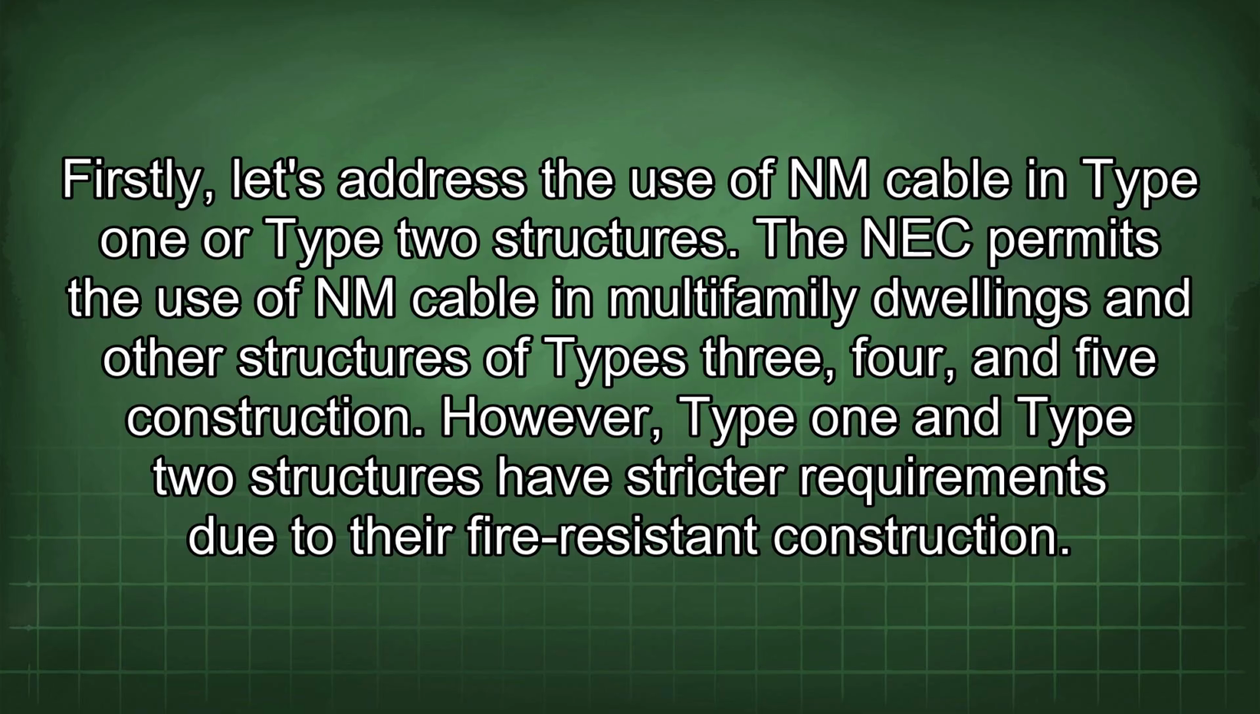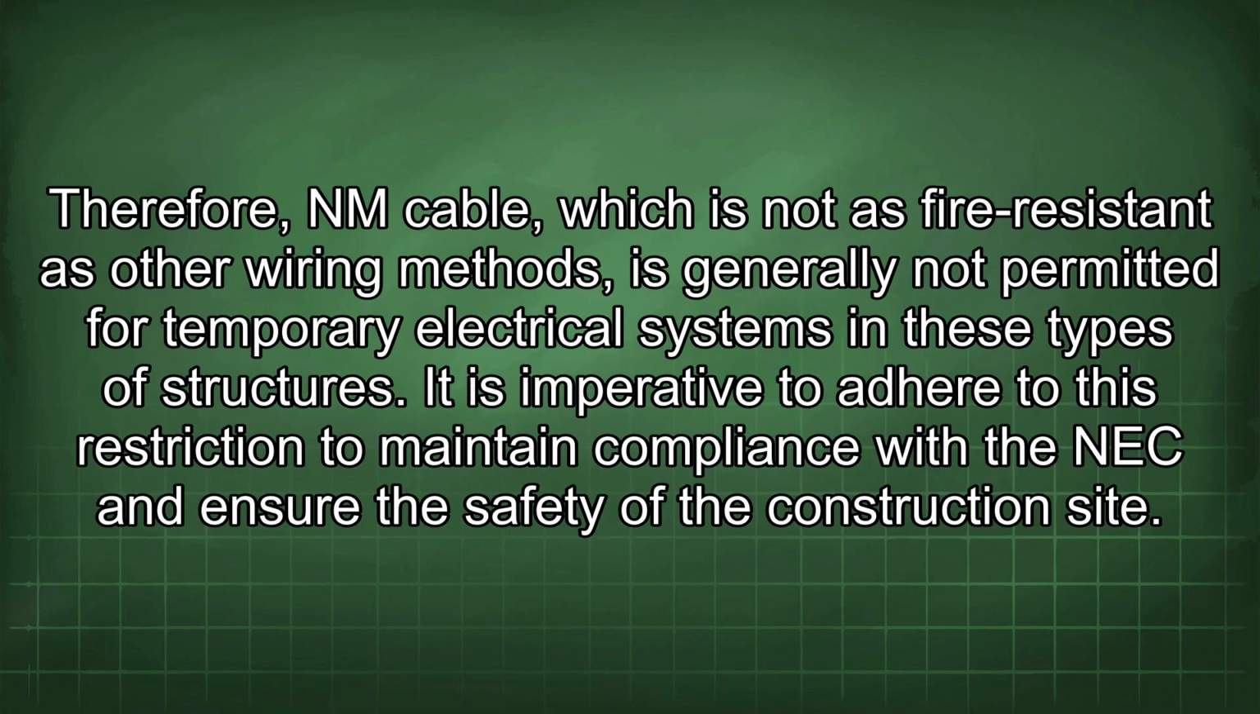Firstly, let's address the use of NM cable in Type 1 or Type 2 structures. The NEC permits the use of NM cable in multifamily dwellings and other structures of Types 3, 4, and 5 construction. However, Type 1 and Type 2 structures have stricter requirements due to their fire-resistant construction. Therefore, NM cable, which is not as fire-resistant as other wiring methods, is generally not permitted for temporary electrical systems in these types of structures. It is imperative to adhere to this restriction to maintain compliance with the NEC and ensure the safety of the